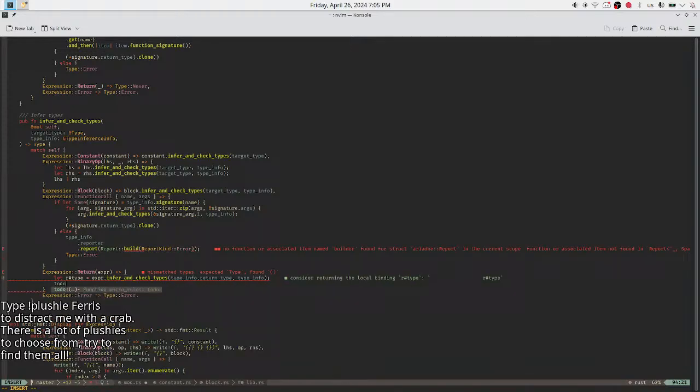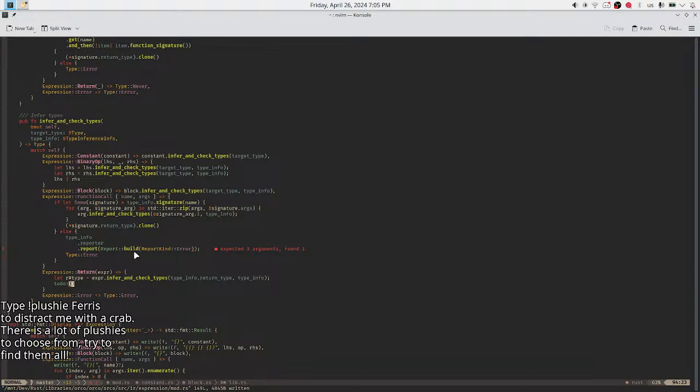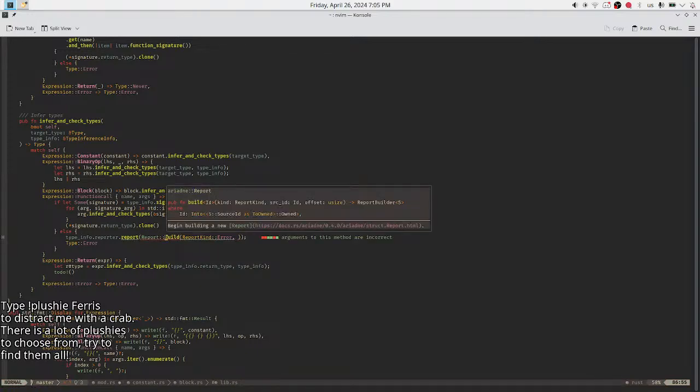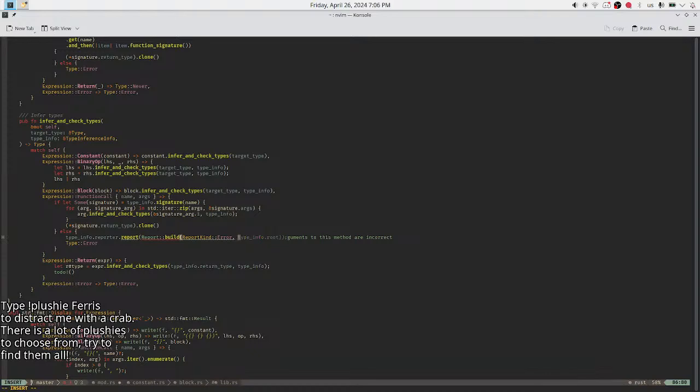Okay, let's do this. Expected 3 arguments. Okay, so an error. Next is what is a source ID. Oh, this is going to be painful.